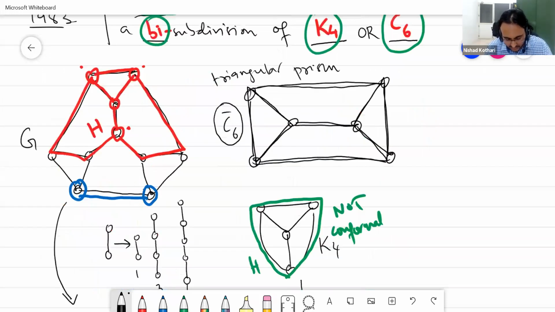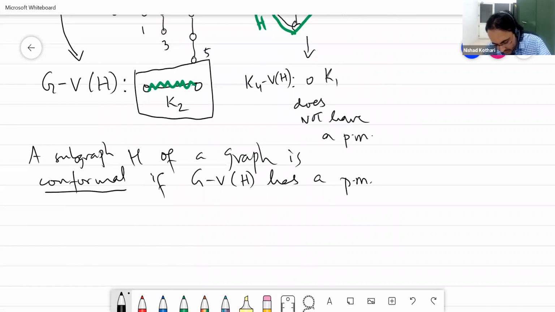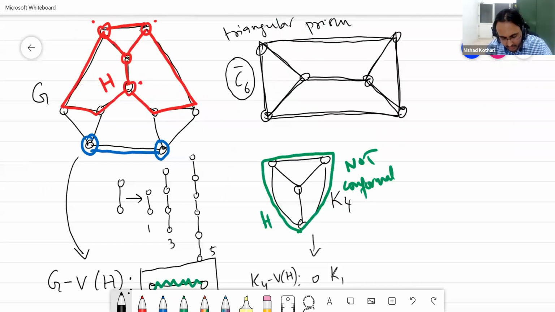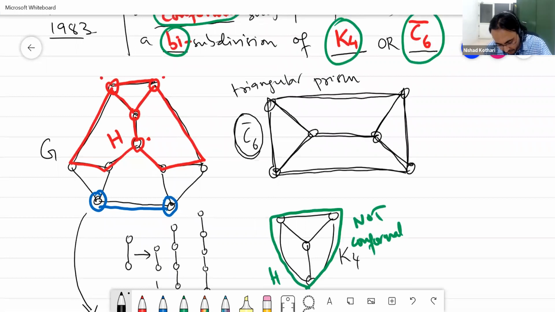So what does that mean? I'll just tell you very quickly. It's not really crucial. So you take a 6 cycle and you remove all the edges that are there and you put in all the edges that are not there. Okay? So whatever edge is there, you remove it. Whatever edge is not there, you put an edge. And the graph you will get will be the triangular prism. Okay? But anyways, if that's a bit confusing, don't worry. We will use this notation for this graph, C6 bar.